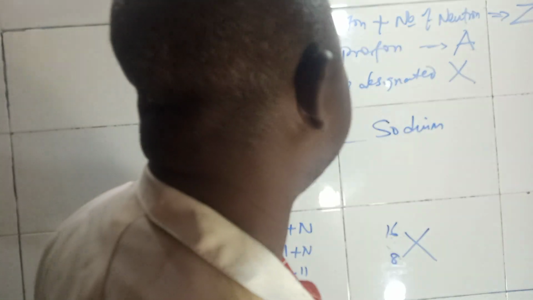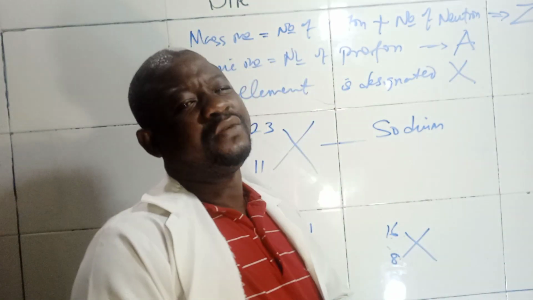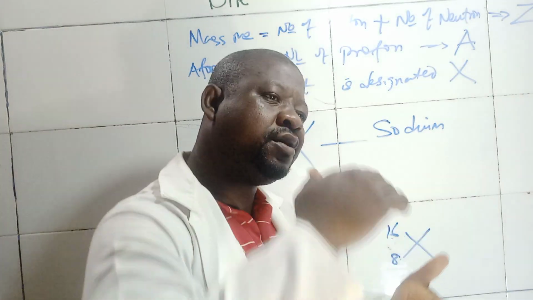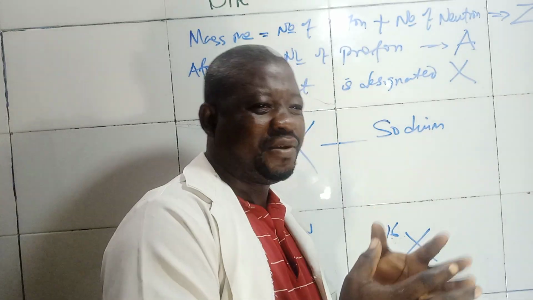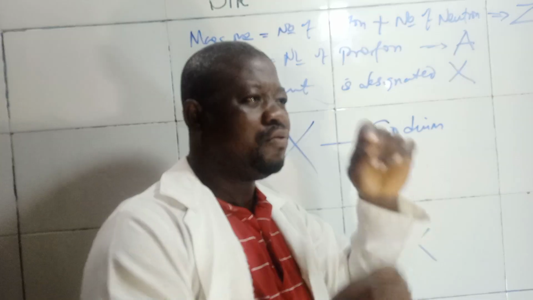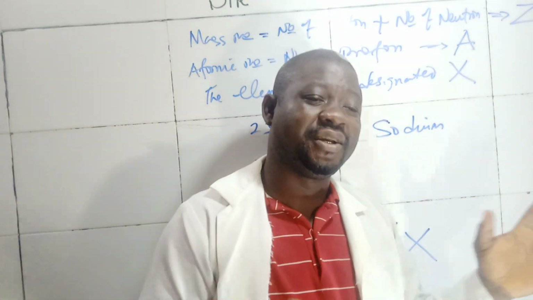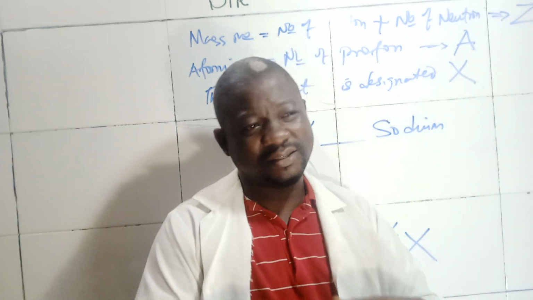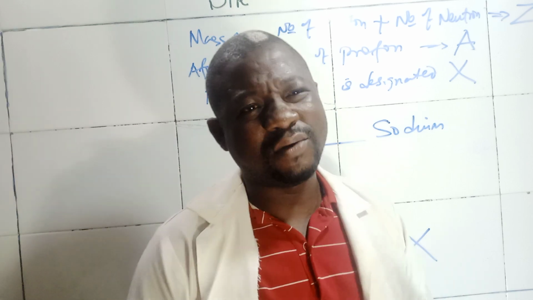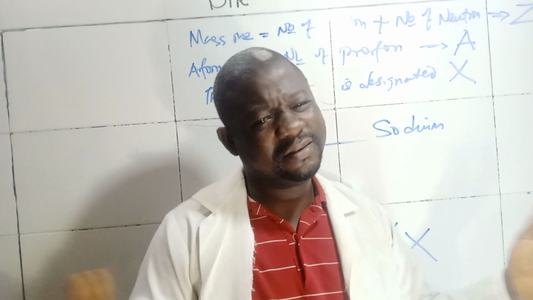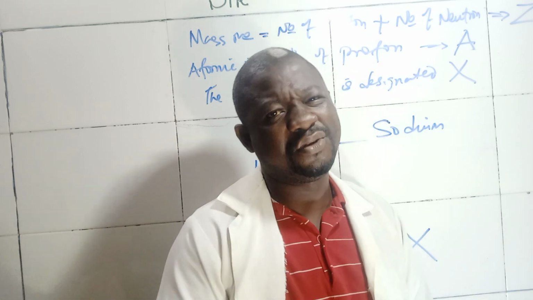In our next class, I'll talk about orbitals, because an orbital is just the subdivision of the shells. You know that your K shell is subdivided into orbitals. That's where you talk about the s, p, d, f orbitals, then how the electrons are arranged, the structure, the shape, whether it is star shape, spherical, dumbbell, or double dumbbell. Those are the things they will ask in your exams, and you don't even need to cram anything. You just know it. The way I'm saying it, you won't do it better than me.